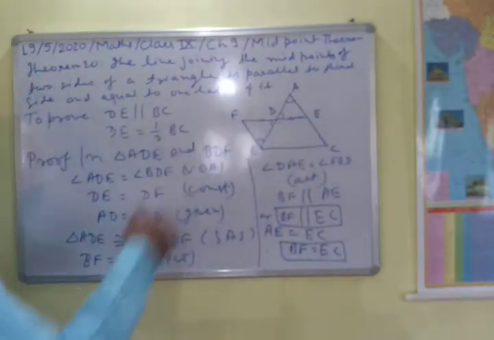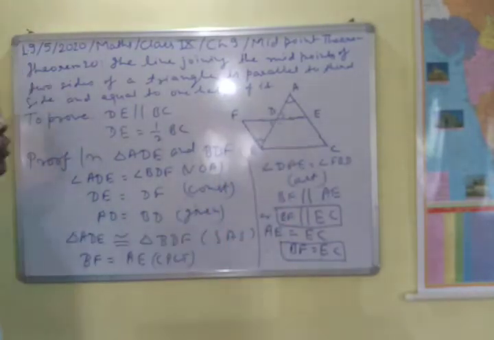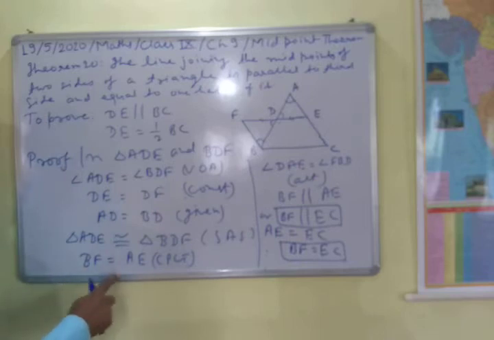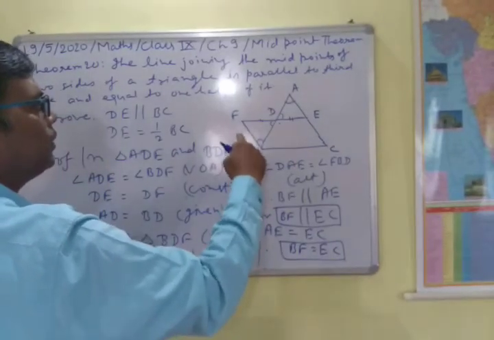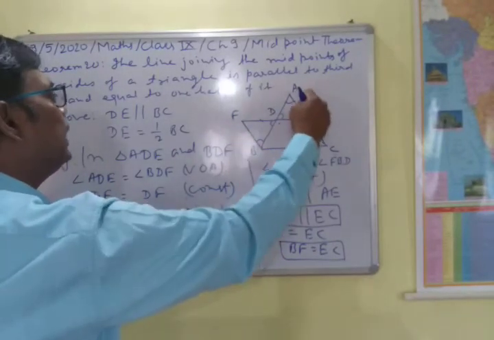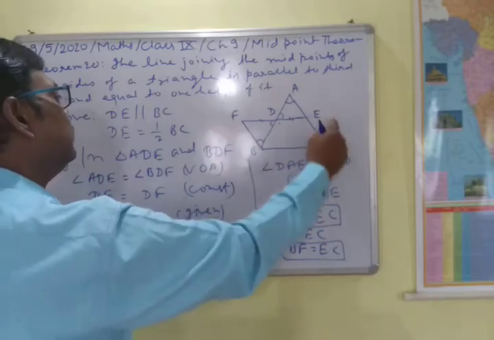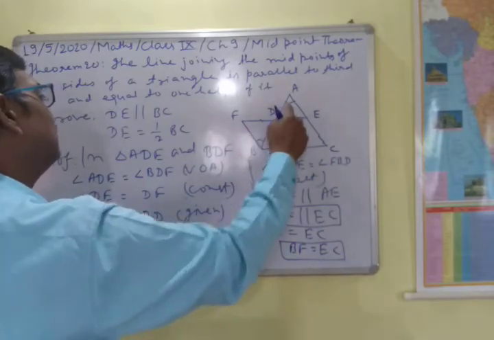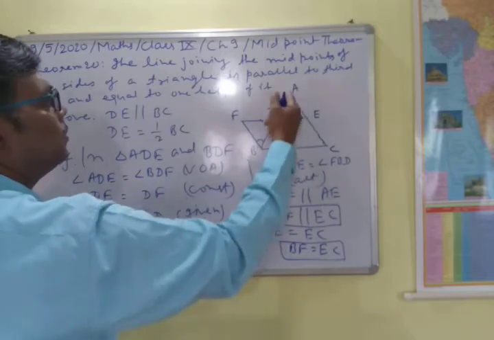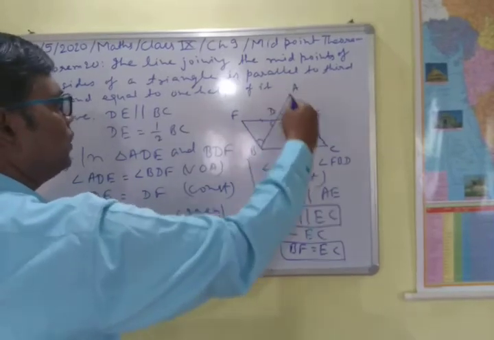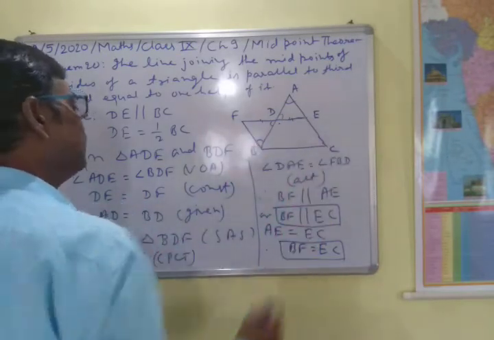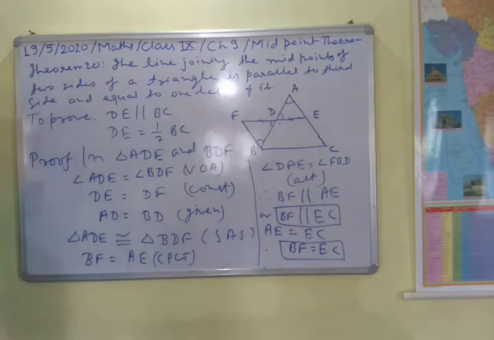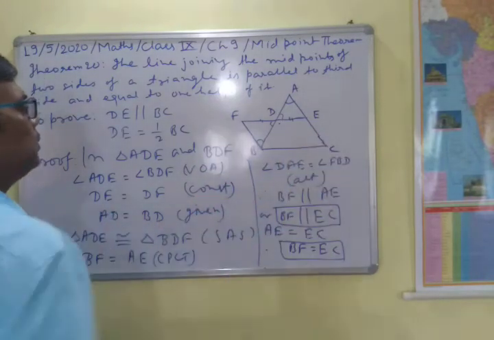And this is the purpose of proving that these two triangles are congruent. So first you will prove that the triangles are congruent, and then you will have BF equal to AE, by CPCT, and again you see that BF equal to AE and AE equal to EC, and therefore BF equal to EC. And next these two angles are the alternate angles, and this is the transversal. So AC and BF will be parallel, or you can say that BF parallel to AC. So when these two conditions are true, then we can say that BFEC is a parallelogram.